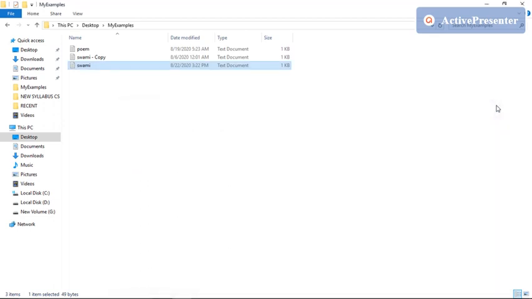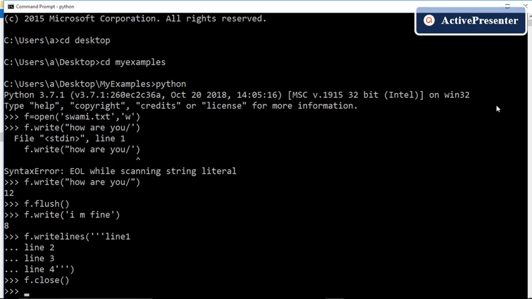So this is all about the W mode, and in W mode, that is in write only mode, if I supply a new file name, means there is no such file in the folder My Examples, and if I give a fresh new name and no such file already exists in the folder, then let us see what happens. I am giving newfile.txt, then w mode.